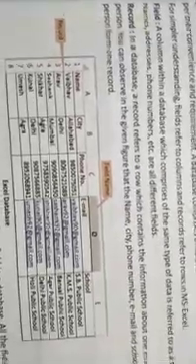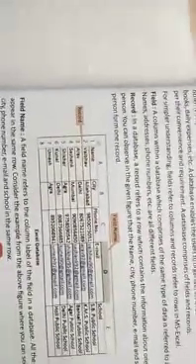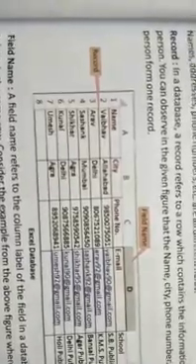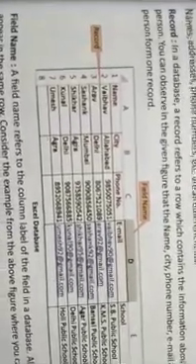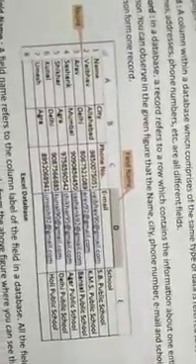Now record. In a database, the record refers to a row which contains the information about one entity or person. What is record? The data of one student, or one entity, or one person. You can observe in this figure, row number 3: name Arav, city Delhi, phone number, email ID arav92@gmail, and school is Bansal Public School. So this information is about student Arav, which contains all information about Arav, and this is referred to as a row or record in a database.